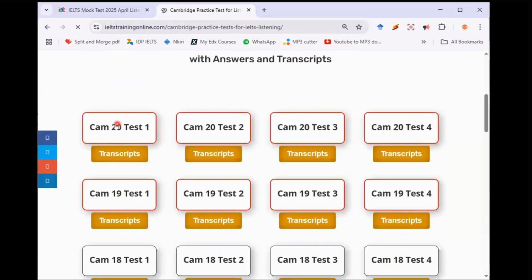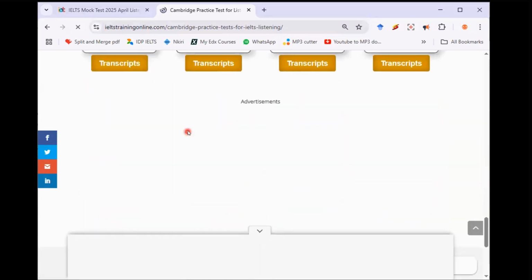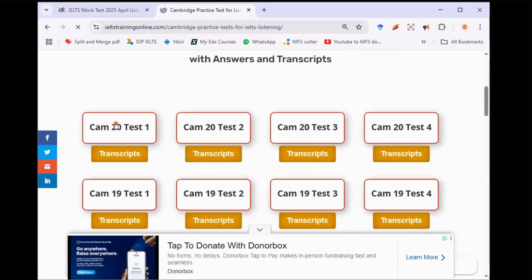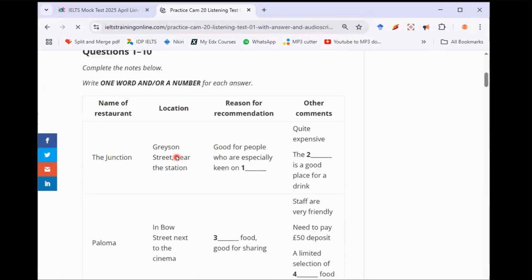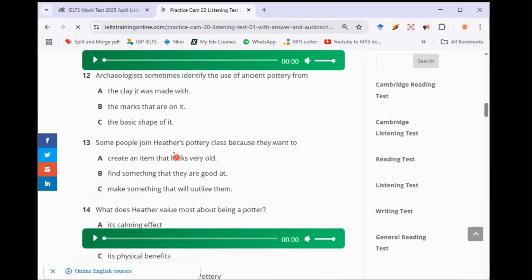You have Cambridge practice test, CAM 20. You have from CAM 10. I think it starts from 10 all the way to 20. So you can just pick CAM 20. For this one, you cannot type your answer inside the computer. You are going to have to write your answer on a piece of paper. So you write your answer on a piece of paper as you are listening, and then after you finish